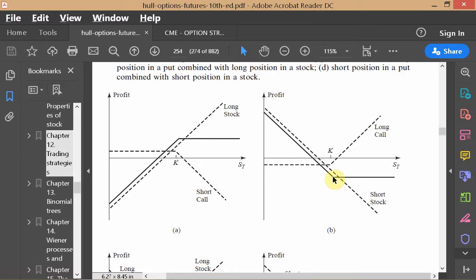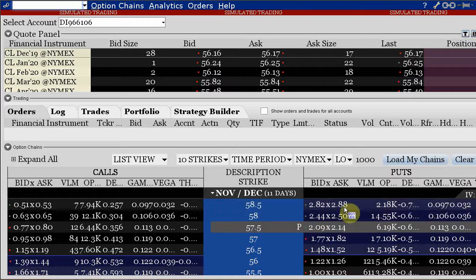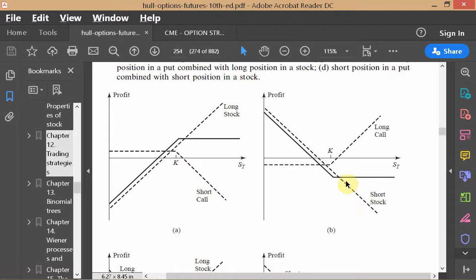So there is some cost of going long the put. But since you can also create a long put profile by doing these other two transactions, on the one hand, you have the explicit market cost of going long the put. So you can look at a situation like this, and you can see that buying the 58.5 put is costing you 2.88. Now, you may find that going long the call and going short the stock, or short the underlying, the combined cost of long the call and short the stock is